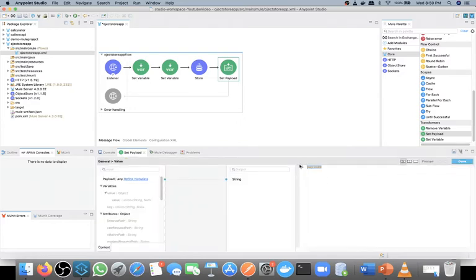We will use DW 2.0, with output application/json, and then the message we will display is: object store created successfully.